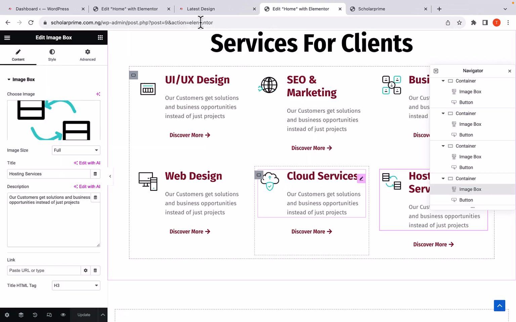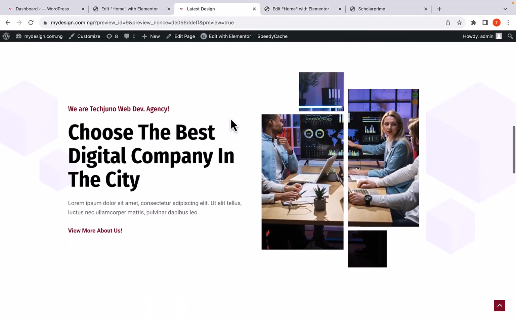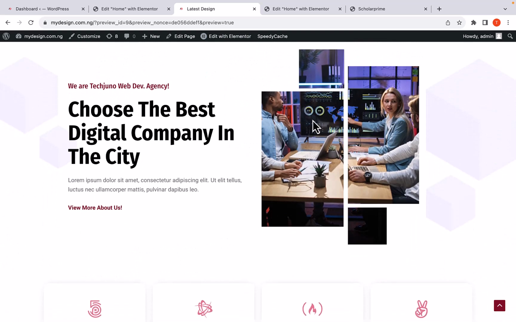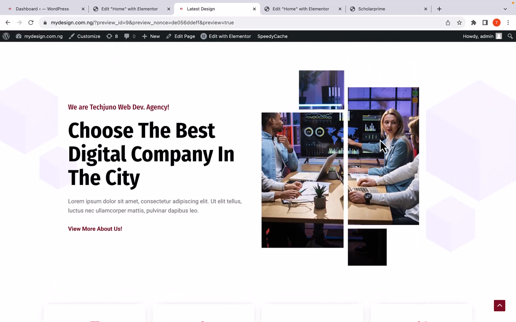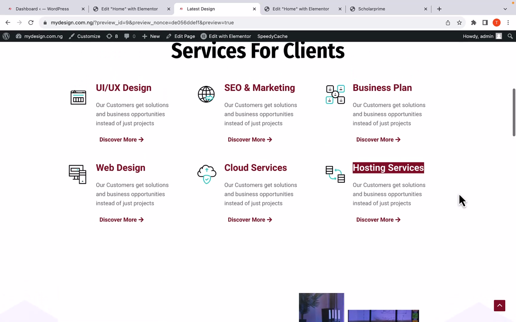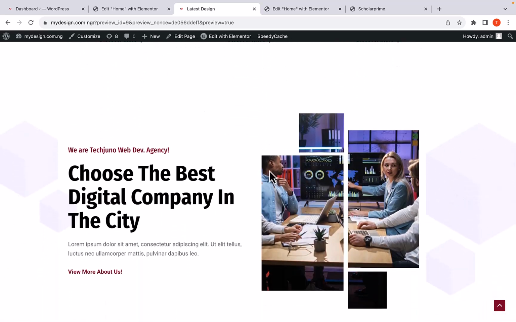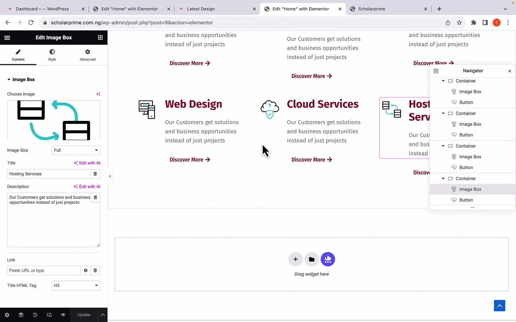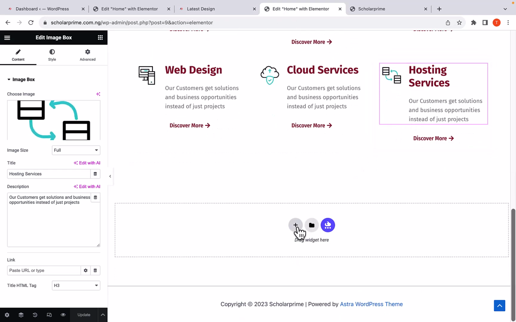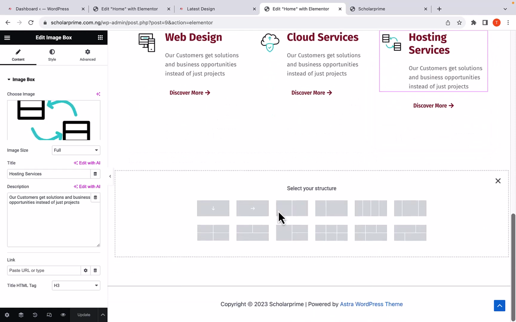So the next thing we are going to do is design this beautiful section here. Now if you look at this section here, there is a background image here. So we're going to do that just now. So we're going to implement this. So let's go back. I'm just going to remove this for now. Then I'm going to click on this plus icon. I'm going to select this guy here,